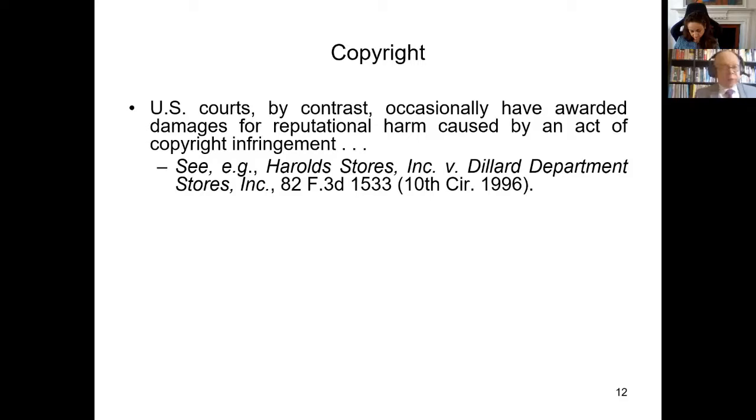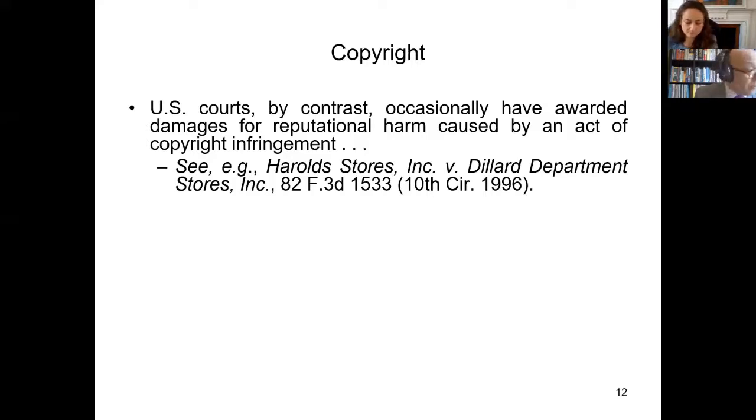Anyway, the defendant, Dillard, was found to have infringed Harold's copyright in these fabric designs, and among the headings of damages in this case was reputational harm. So at least this case appears to stand for the proposition that reputational harm is a cognizable injury in a copyright case, although it's at least somewhat dubious in my view whether the plaintiff really proved the amount of the damages suffered. The court awarded $262,000 for injuries to Harold's goodwill based on testimony, first of all, from Harold's CEO,